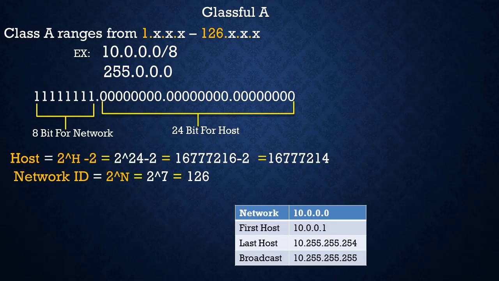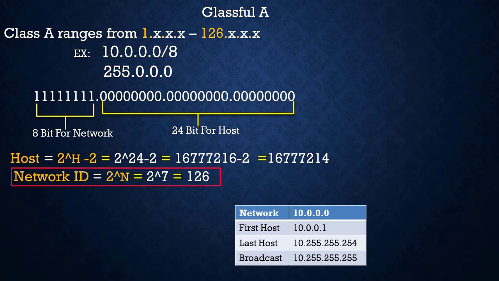The higher order bit of the first octet in Class A is always set to 0. The remaining 7 bits in the first octet are used to determine the network ID. The 24 bits of host ID are used to determine the host in any network. The default subnet mask for Class A is 255.0.0.0. Therefore, Class A has a total of